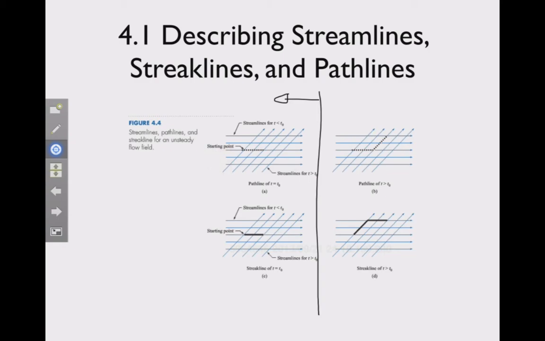It turns out that in a minute we'll look on the right-hand side for times when t is greater than t0, and then basically the flow field has changed, and we have a flow going across the page here from the lower left to the upper right. But let's just concentrate now on the horizontal lines, because these are the streamlines for times t less than t0. And if we follow a particle